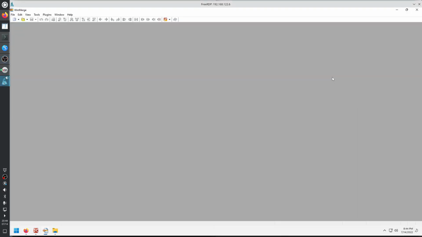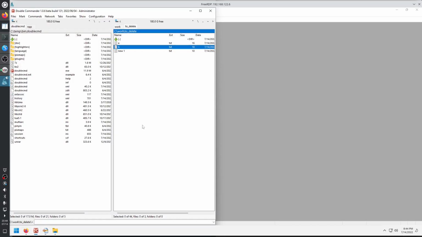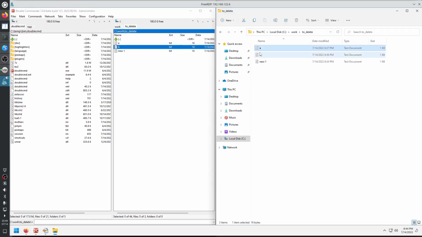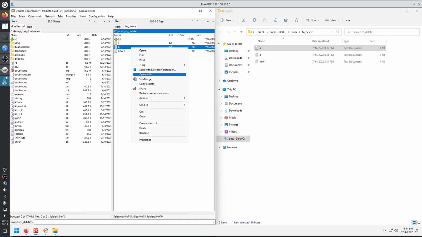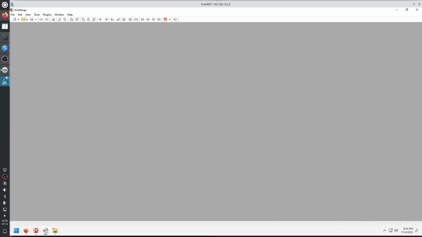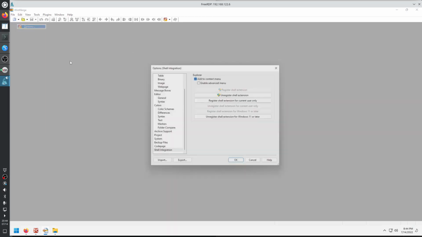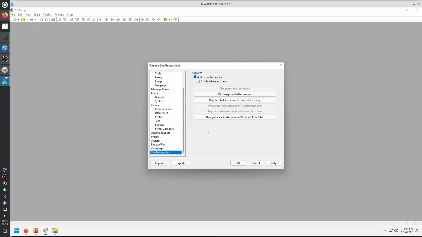So the problem was in fact in WinMerge. The rest of the elements in the context menu were the same except WinMerge. So this context menu was identical to this context menu except the WinMerge icon was missing. So I went to WinMerge settings, and in the shell integration chapter there was a button, Register shell extension,